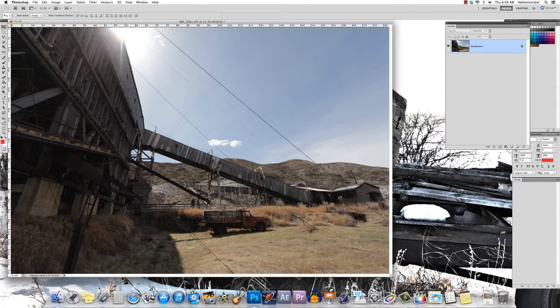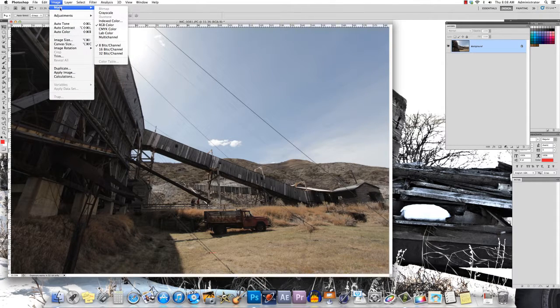Alright, today we're going to be talking about different color modes, and we're going to be looking at a couple videos here. This first one we're going to talk about the actual modes you can choose from in Photoshop. So if you have an image open like this one, this is at the Atlas coal mine in southern Alberta. If you open up your images and go to mode, so image mode, you can choose a number of different